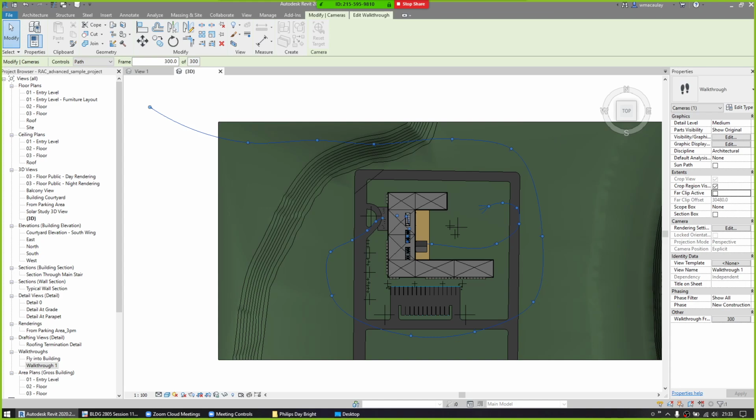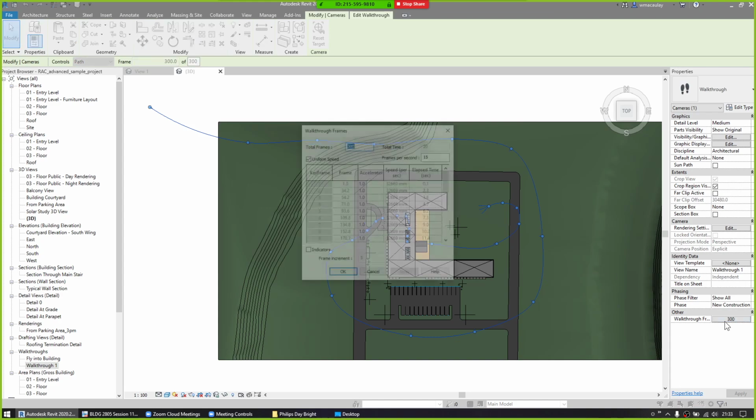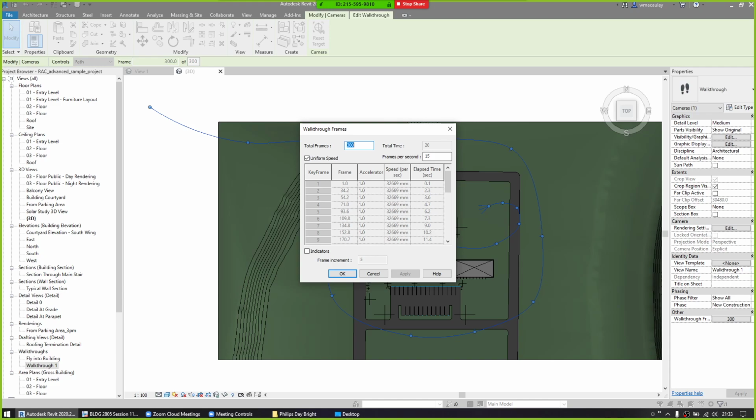And now what we need to do is talk about editing the camera's speed. So we need to go down to the Walkthrough Frames dialog box. You'll see that in the Properties palette here. If you folks go to page 14 of the notes, we're going to have a look at that same dialog box here. Typically when we're making videos, we want a frame rate of anywhere from, say, 24 to 30 frames per second. So I'm going to use